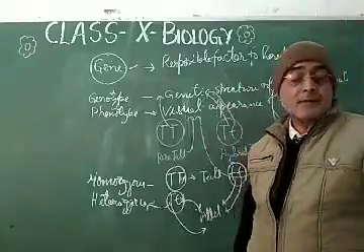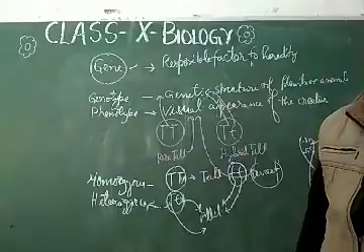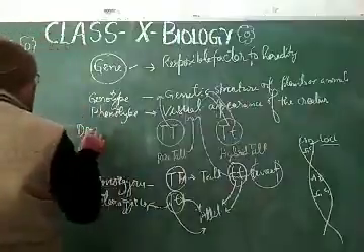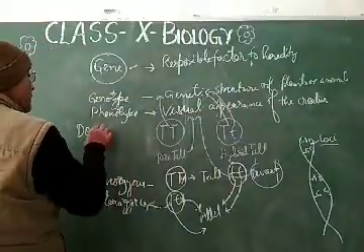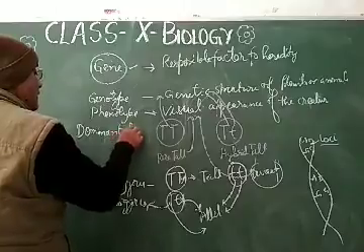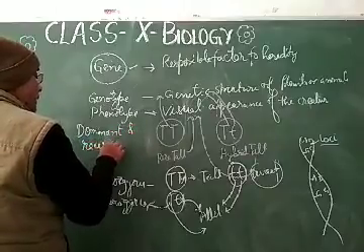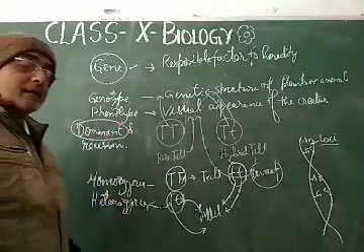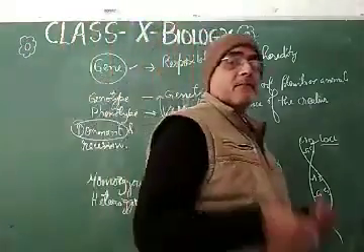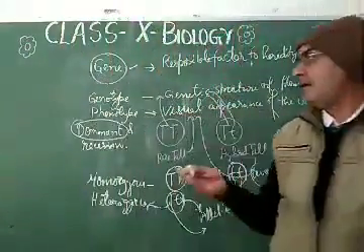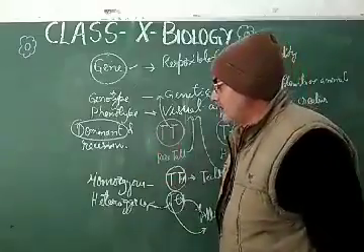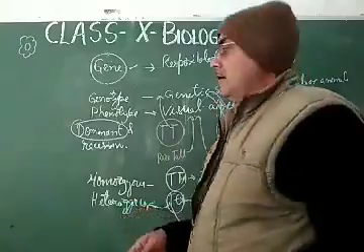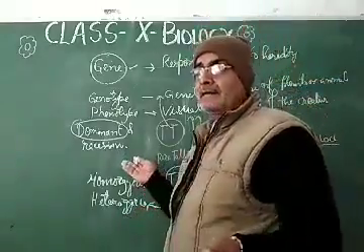Come to the next, that is the dominant and recessive. Dominant means the good characters which get expressed, that will be called the dominant character, while the recessive characters means the characters which cannot be expressed in the F1 generation, that will be called recessive characters,